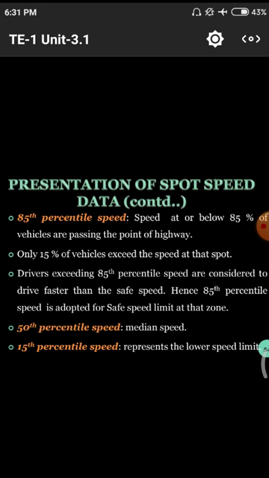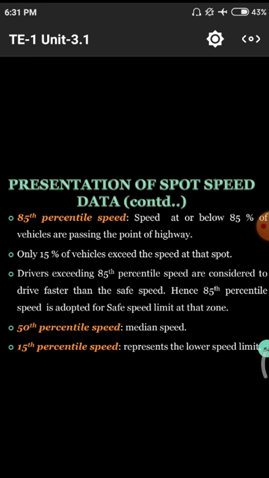In that particular place, if we have 100 vehicles moving in a particular 1 hour or 2 hours, in those 100 vehicles, what is the maximum number of vehicles moving? That means what is the maximum count of vehicles moving at which speed, so that can be mainly decided. That means 85% is prescribed here, so we need to take the 85% value. That means in the total 100 vehicles we need to take 85 vehicles, and the speed at which those 85 vehicles move can be represented.